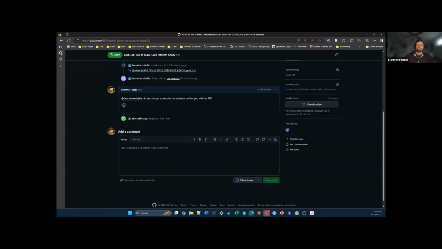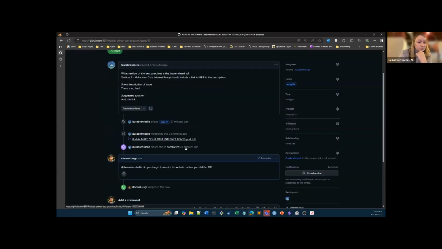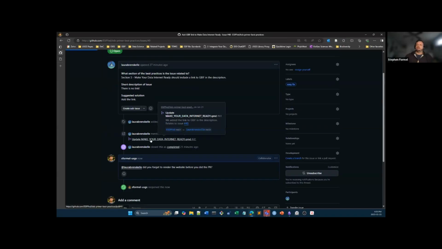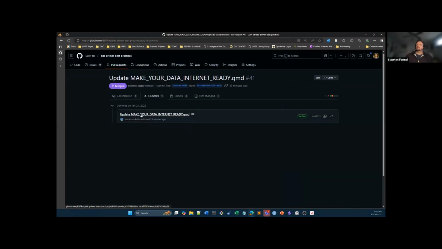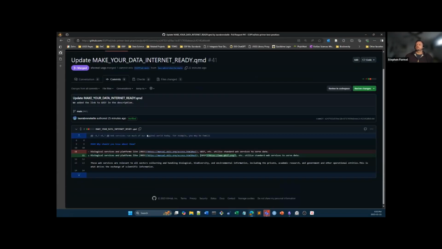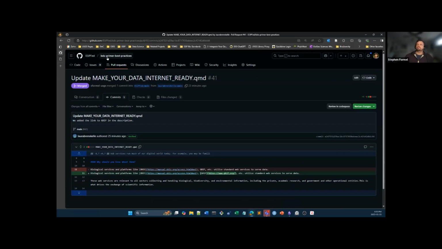If I go back to the... Yes. So if I go here to that pull request she made, we can see that under the commits, okay, getting there. We can see that here in this part that's highlighted green on line 11 was where the link was added. So what didn't happen here was it didn't get rendered into HTML.